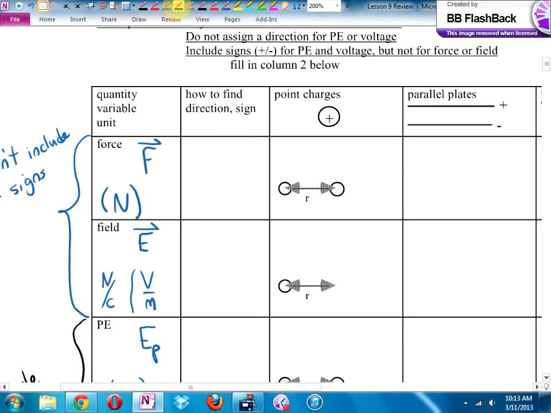Two key words, like and unlike. Like, repel. Unlike,